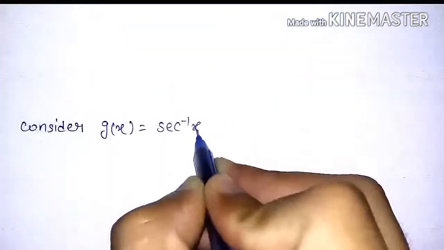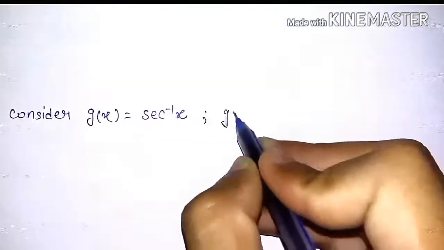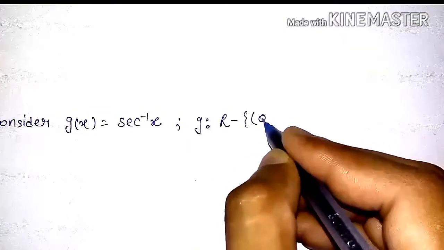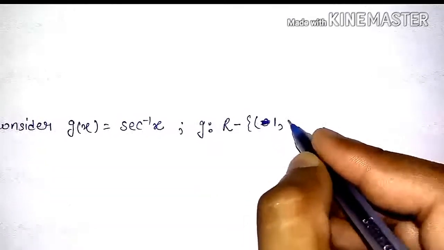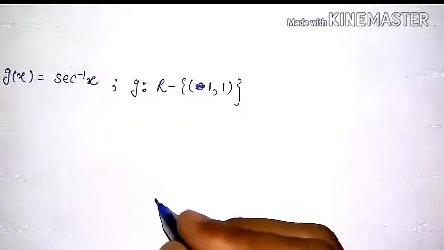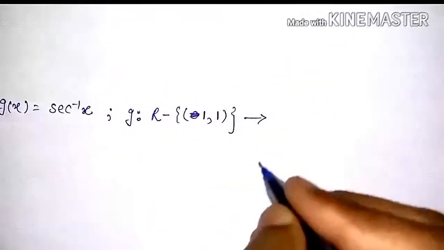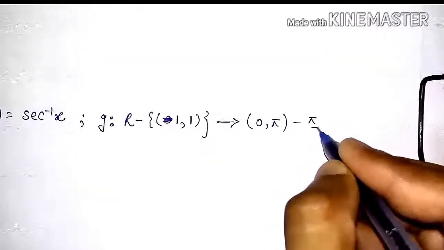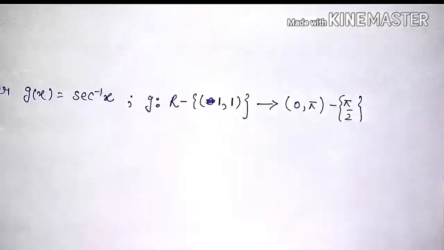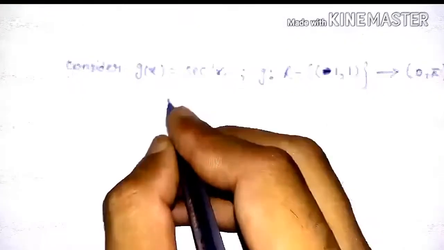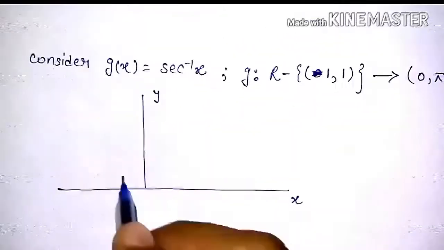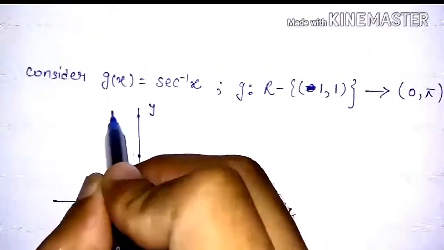Now consider g(x) = sec inverse x, defined on real numbers excluding the values -1 and 1, to 0 to π excluding π/2. Then this is the inverse of sec x and its graph should be like this: